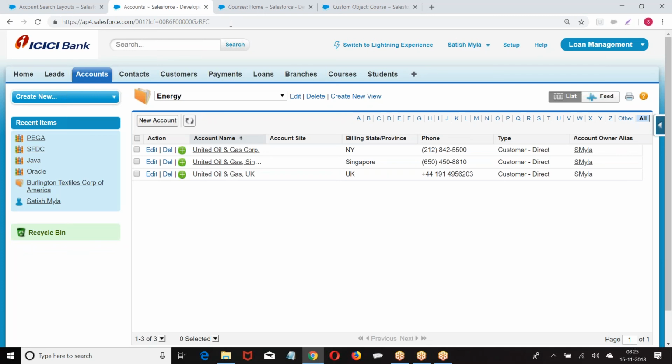I hope you are good with this. Clear for everyone? What we have seen? Search layout. So what is the purpose of search layout? It will control which fields of the object should be displayed in different contexts of the application. When you click on the tab, when you search, when you use it as a lookup, when you see it in the list view, how the object should be displayed is controlled with a search layout.